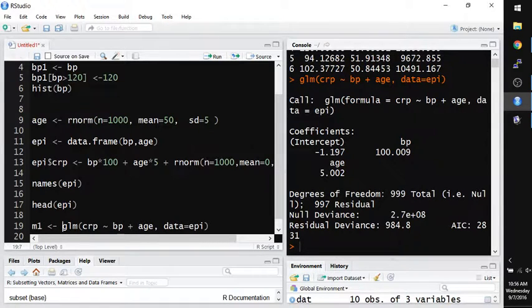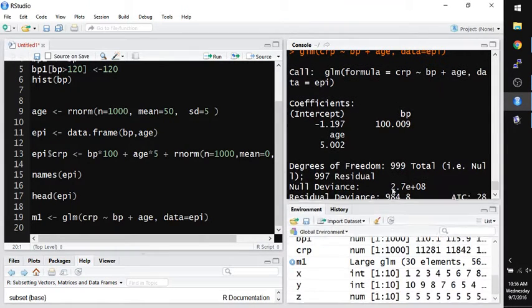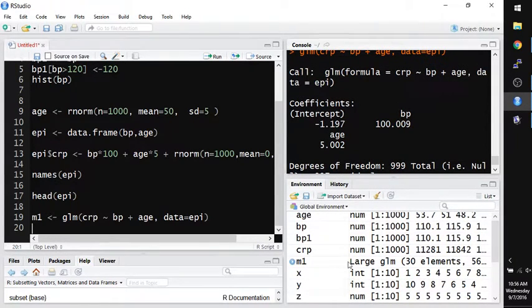R will automatically make this into a model object because it just matches. Like before, you could put anything on the right and name it, and R will just respect the type. So if I run that, here is my M1, a large JLM with 30 elements, and there's a little bit more information. But the short answer for now is you can easily access the SAS-comparable output by